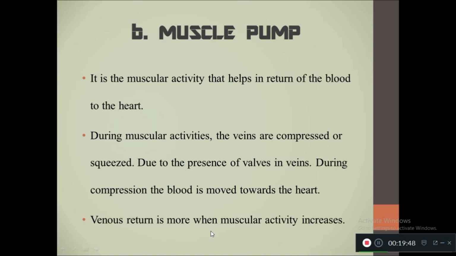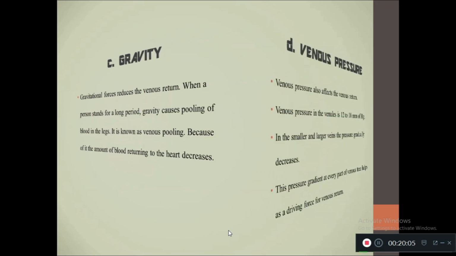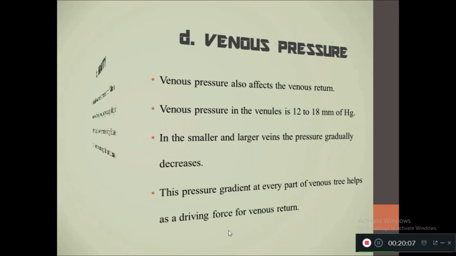Venous return is more when muscular activity increases. When you do more workout, your muscle pump is going to increase, which in turn increases the ventricular filling. As a result, the cardiac output also increases. The next one is